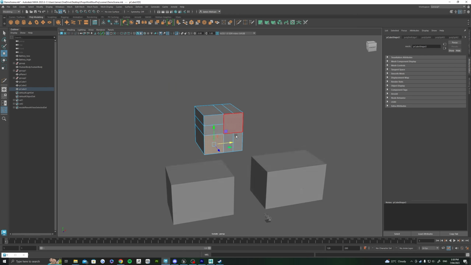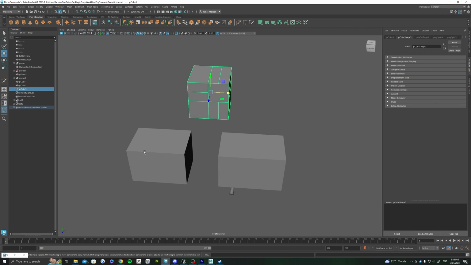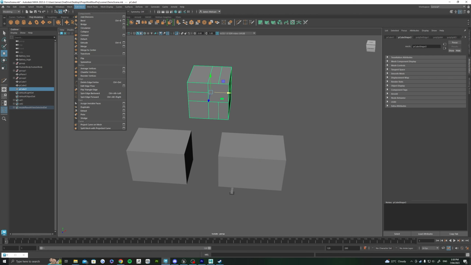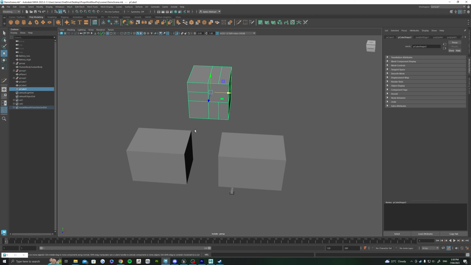You may have to remodel some stuff. If you've got anything like this, you need to fix it up. There are some tools. You can try merging vertices. There is mesh cleanup, as well as, the best method is sometimes just to delete stuff and remodel it a